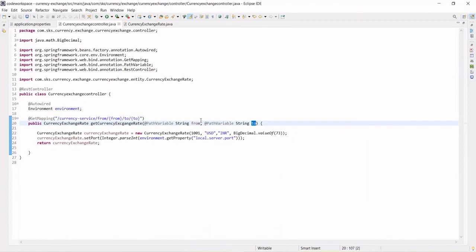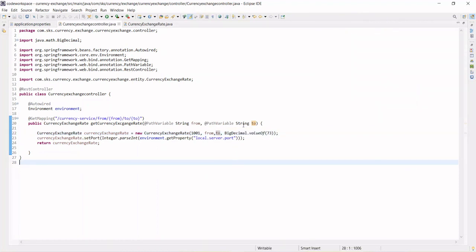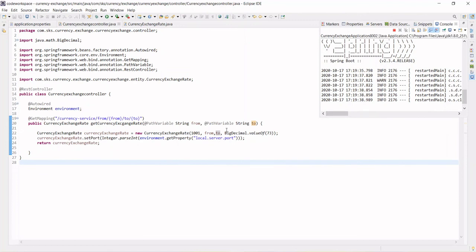So you already have the variables. What you can do is remove this, type from, and instead of INR, put to, right?